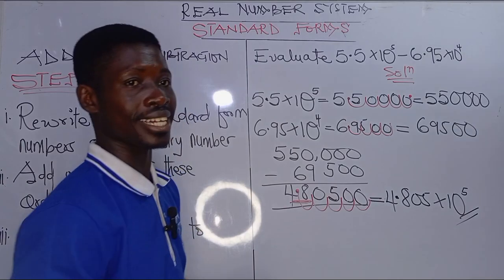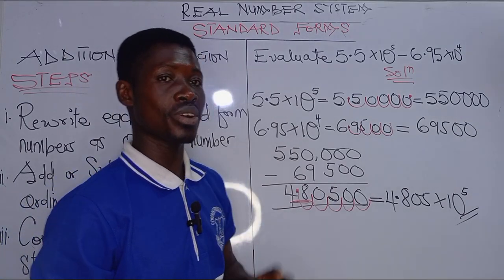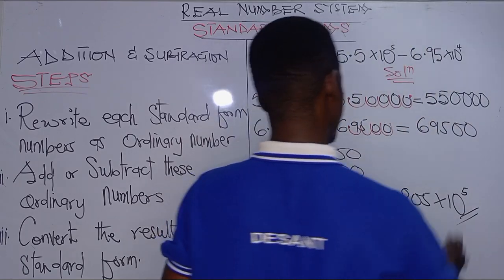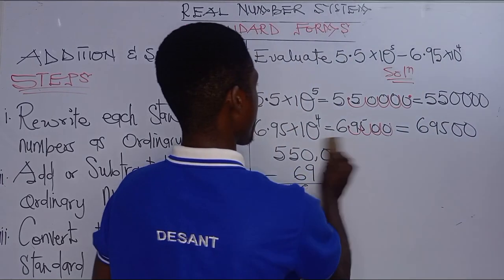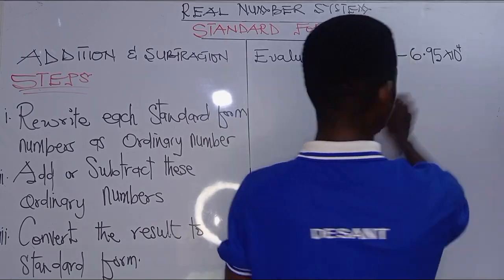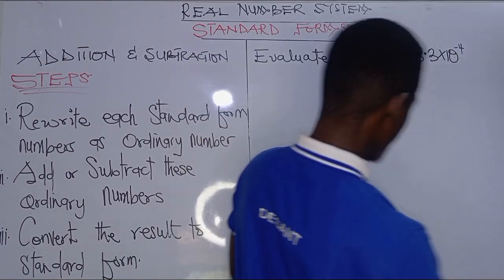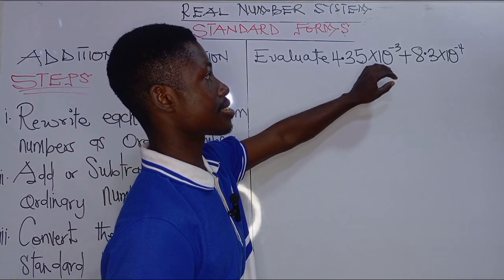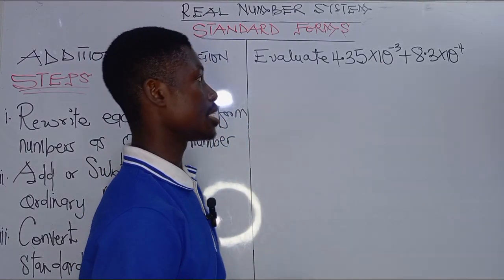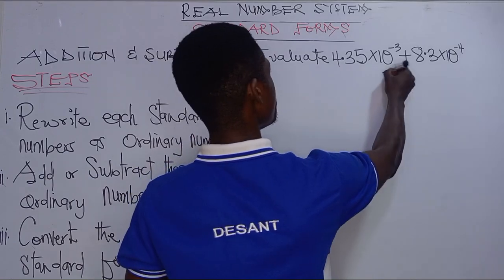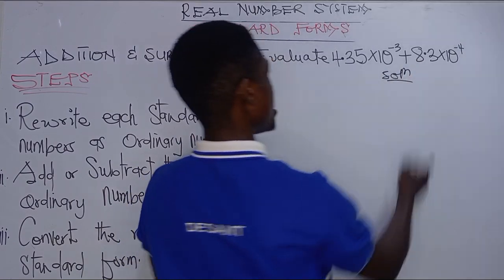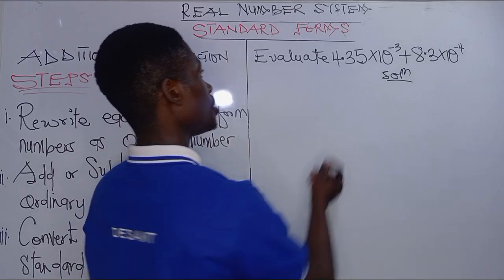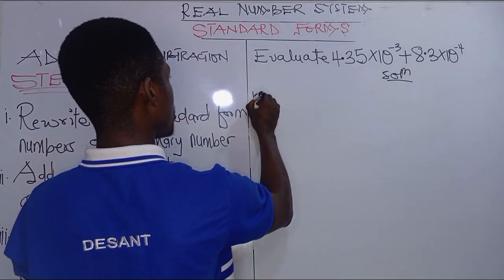And that is that. We will take our last example and then we run out of here. So we have our next example. We have to add these standard form numbers together. So what we are going to do is express each of these standard forms as an ordinary number. So we have our first number,